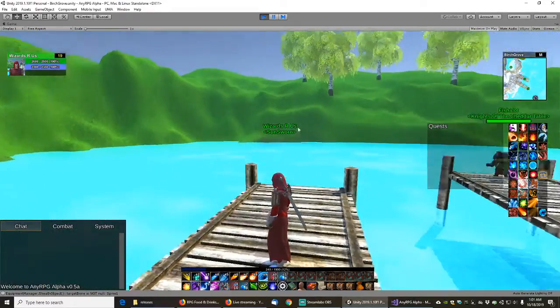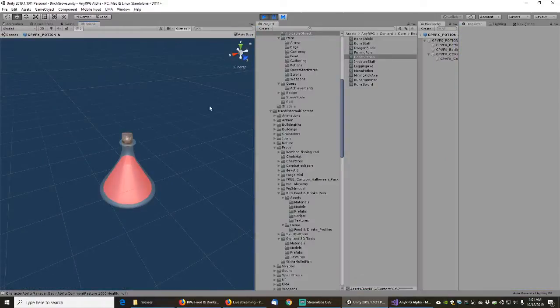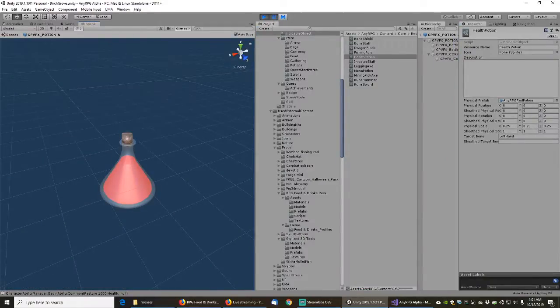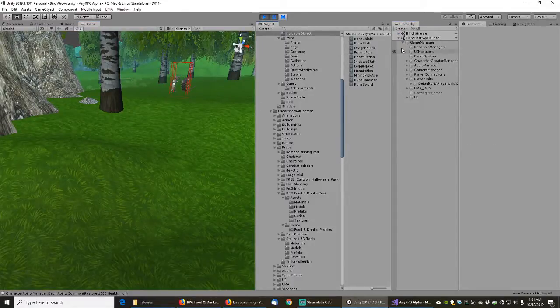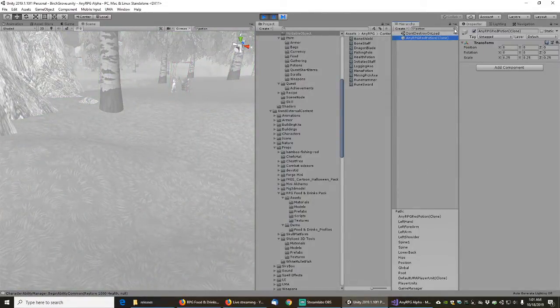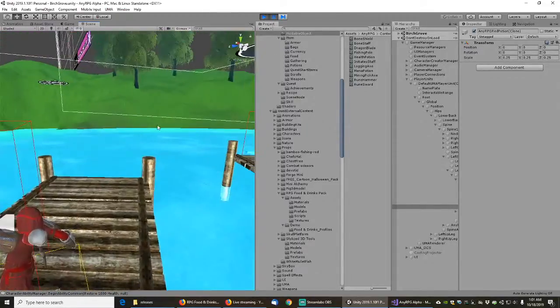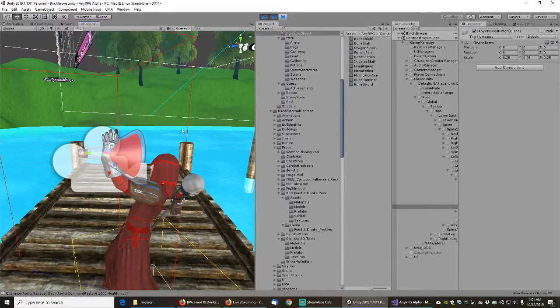Okay, so we'll start by getting some extra health and then grabbing the potion. Okay, actually that's pretty much perfect. So now we just have to adjust its position. So we'll just look for the potion in the scene. Hit F to focus on it. Yeah, it looks like we probably could have just kept the exact same coordinates that we gave the other potion there. So we'll just rotate this thing around so it's facing us a little better, and then